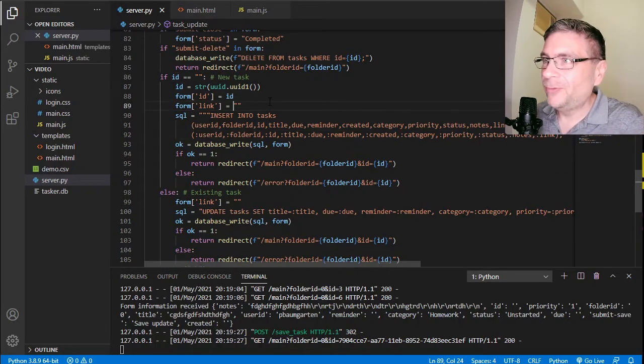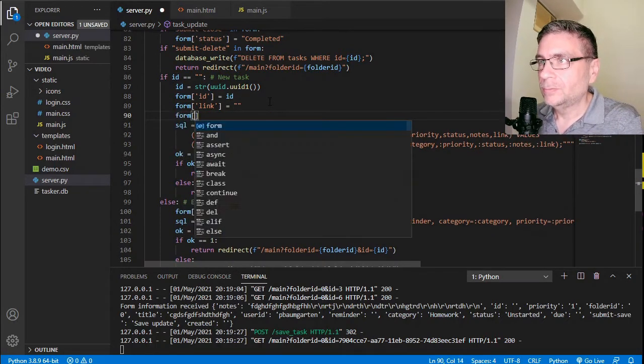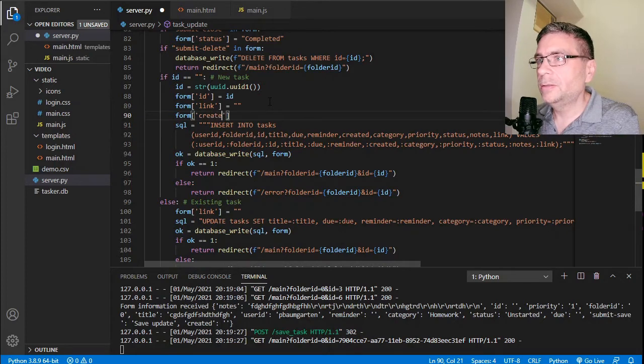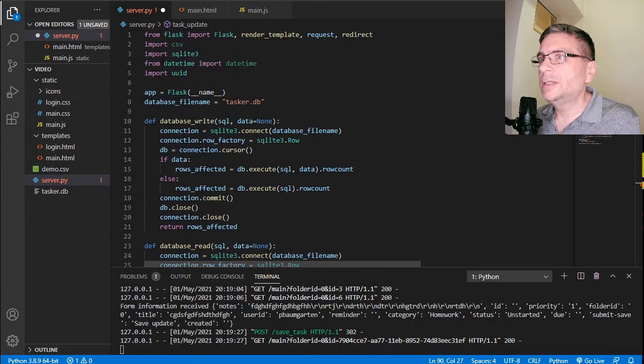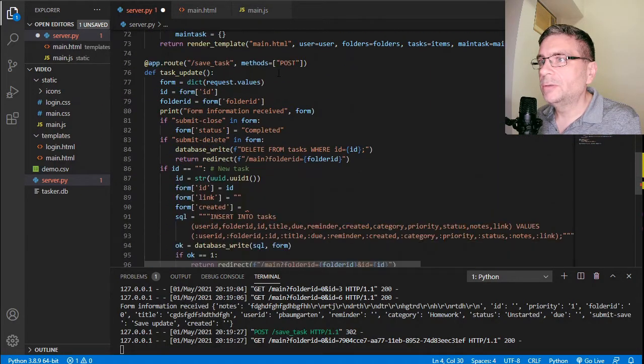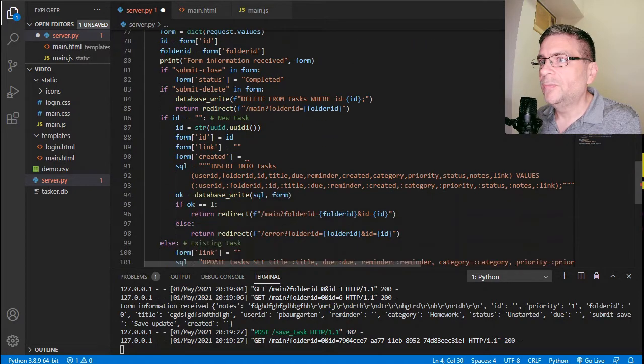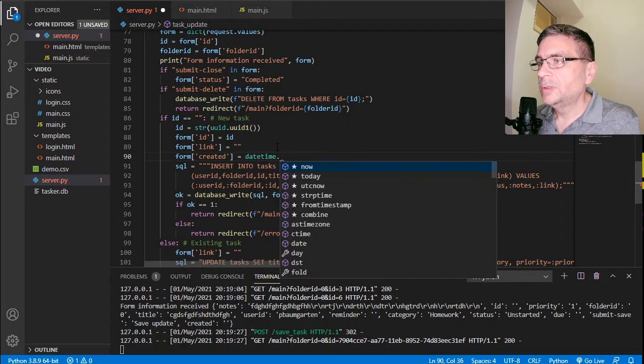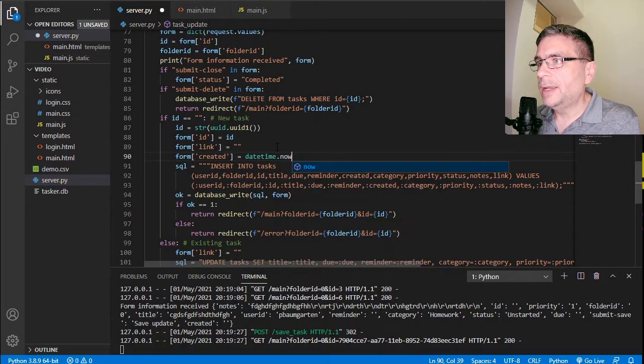All right, so form created is going to be set to, and I think we are already importing, yes, from datetime we're importing datetime. And you can see it's dark because we haven't used it yet. So where am I? Here. Form created equals datetime.now